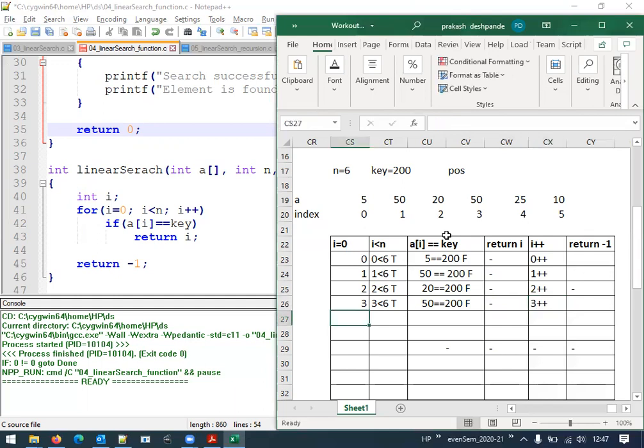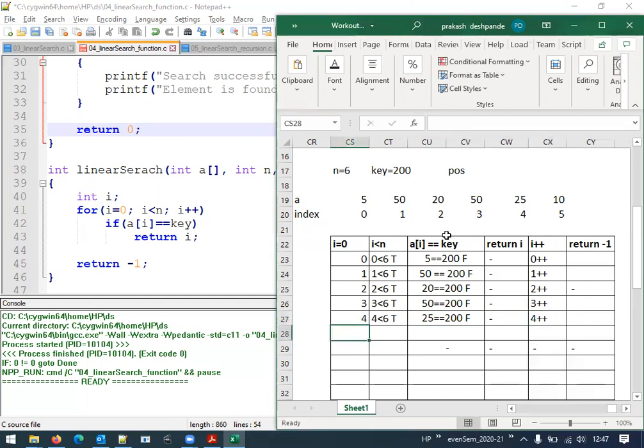3++ increment will happen. For the next iteration, i becomes 4. 4 less than 6, the condition is true. At index 4, we have the element 25. Is 25 equal to 200? Again, the condition is false. Return i will not get executed. 4++.